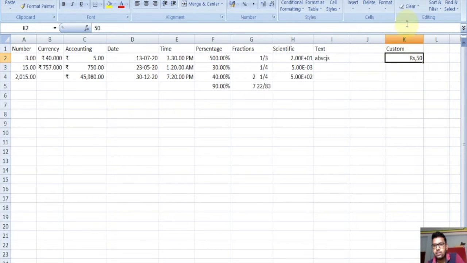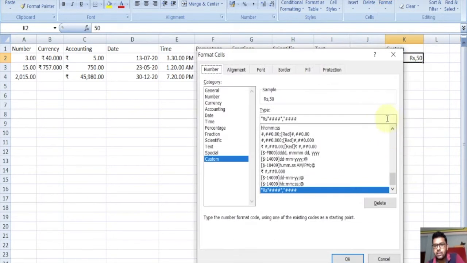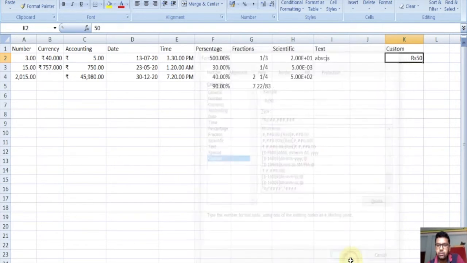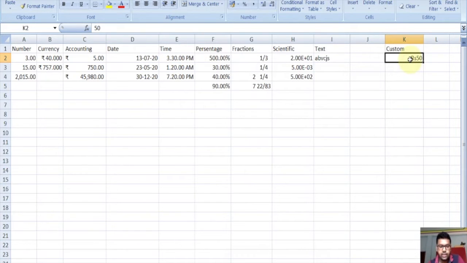We can format cell and create this format and click on OK, and then if we enter a number and click enter, we get this format. And suppose we enter another number, we can create our own format in custom. I repeat this.